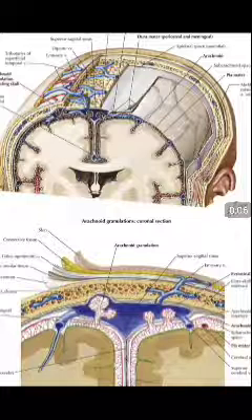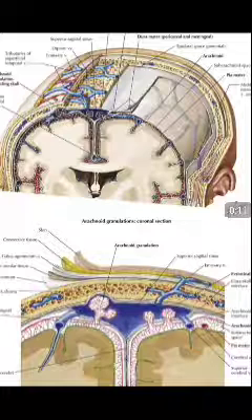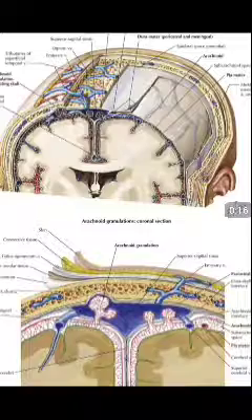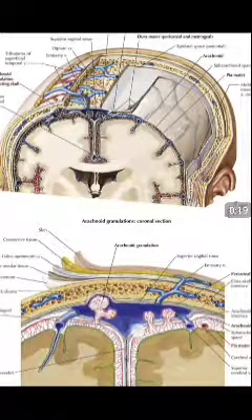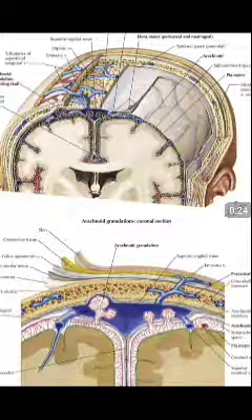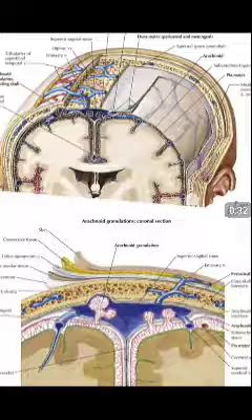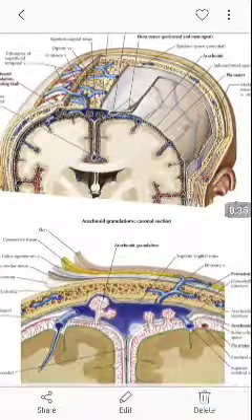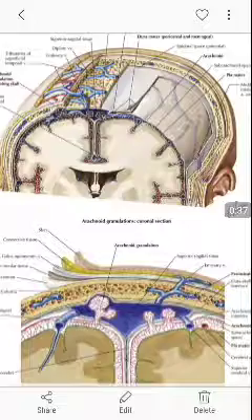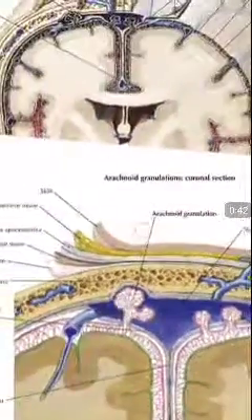In this video, I'm going to discuss the formation of the dural venous sinuses, how they are formed. In this particular diagram, you can see that there is a diagram above and an illustration down there. First of all, we need to understand that these are coronal sections of the brain, or face, just in front of the ears. This is the same diagram, but downward here is the magnified view of the same diagram. So I'm going to magnify it a bit more so you can see